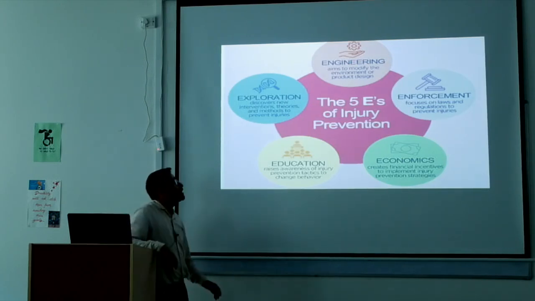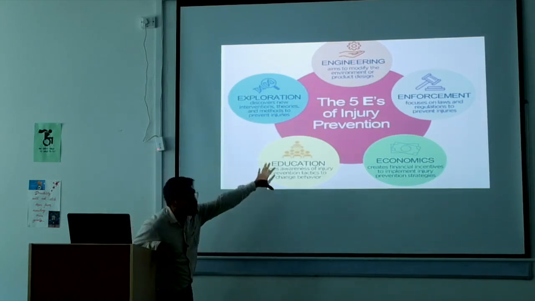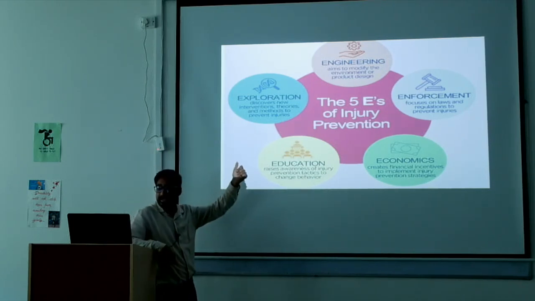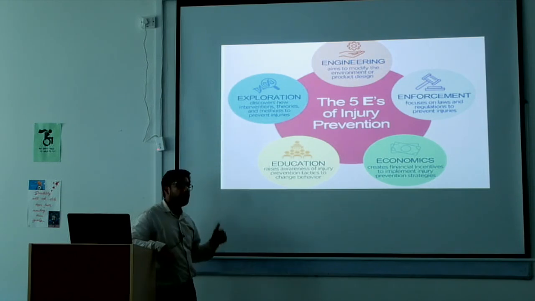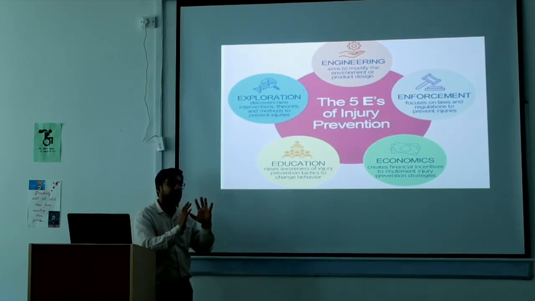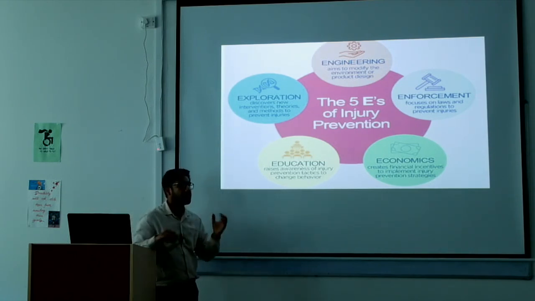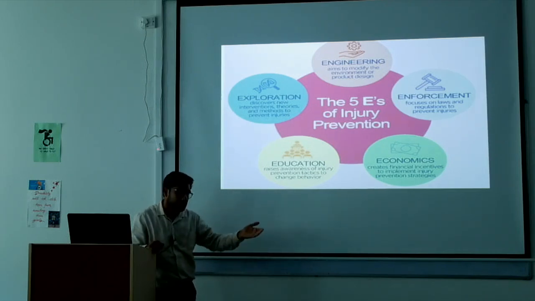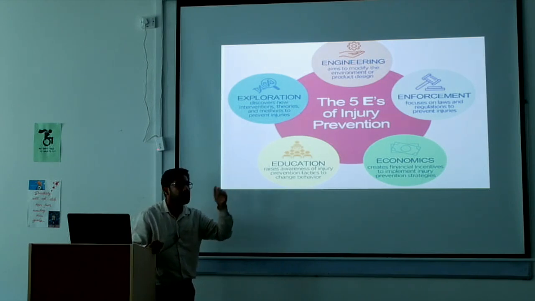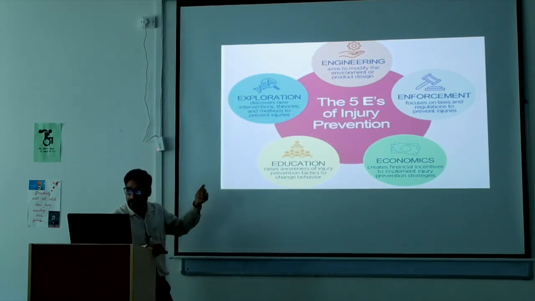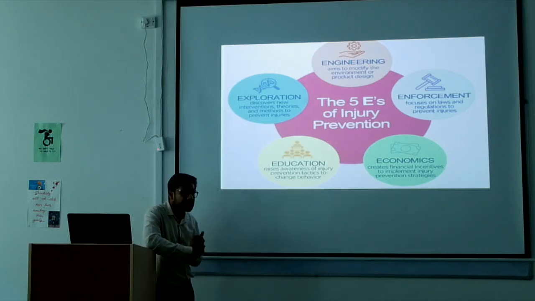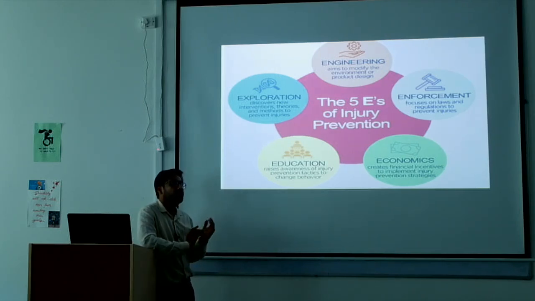Lastly, the injury prevention program is composed of 5 E's. First one is engineering. In engineering, we devise a controlled environment where the player can perform or work on his exercise where the chances of injuries are less. Second, reinforcement or enforcement, where we advise the player to go through all the guidelines and rules and regulations of the game.